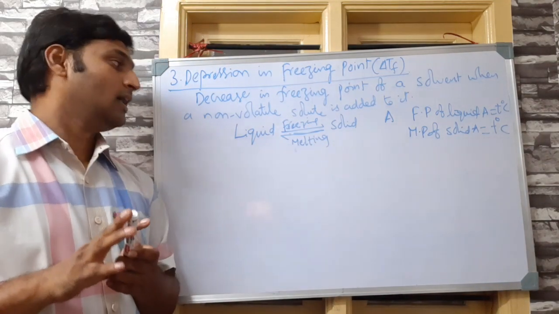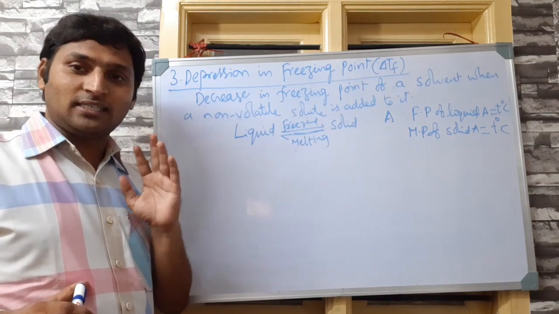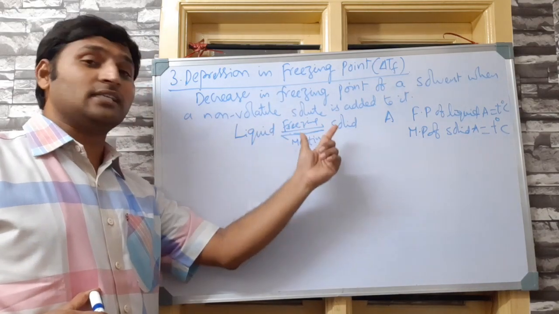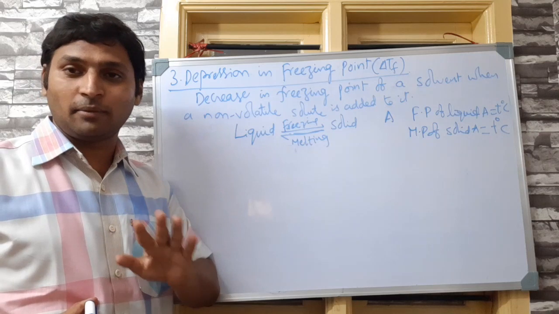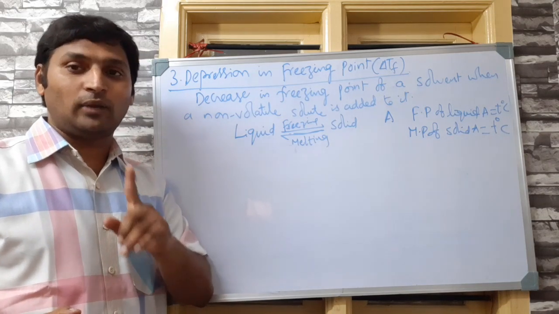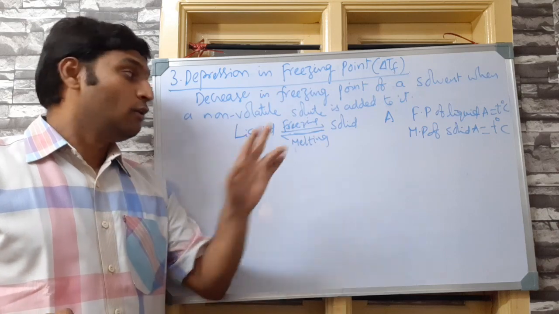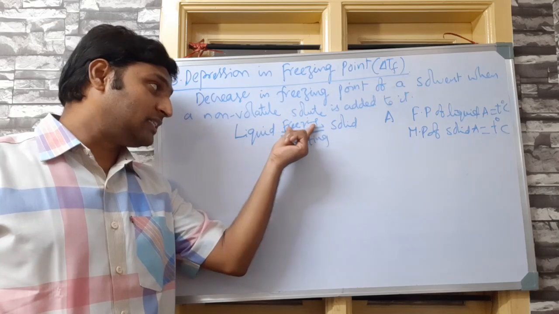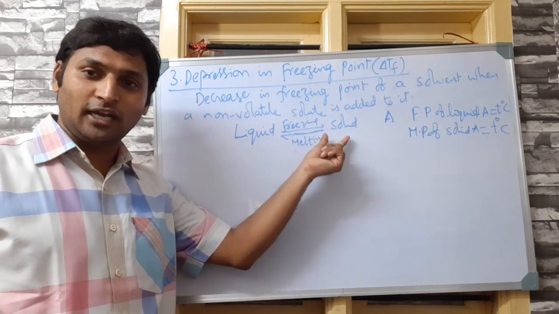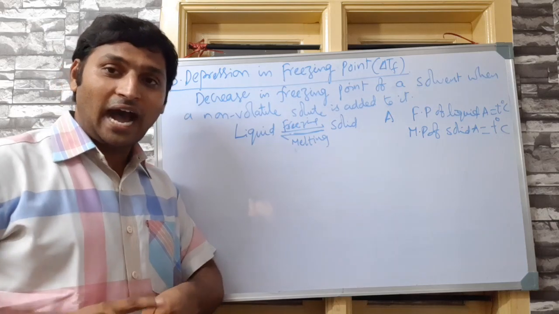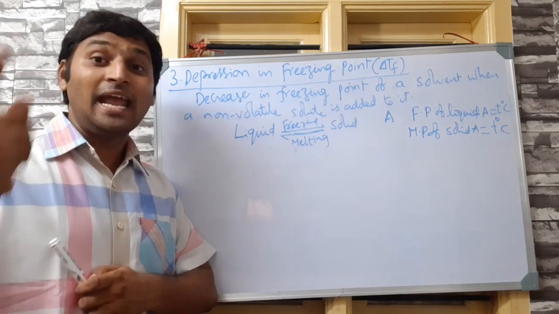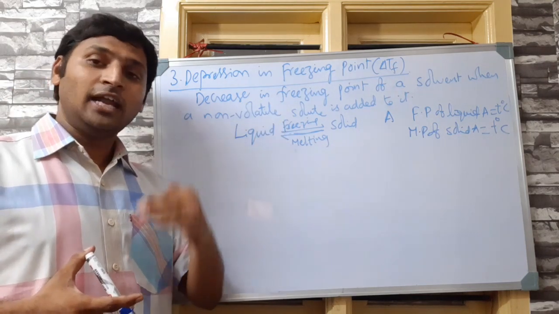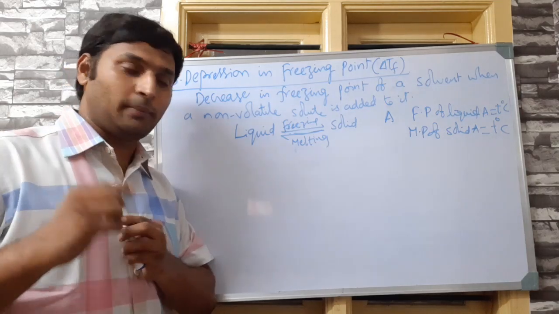Means please understand, freezing or melting points are the temperatures at which liquid and solids coexist. Liquid and solids are at equilibrium. So please remember, freezing point and melting point are equilibrium temperatures, though not boiling point. So at freezing point or at melting point, liquid and solid coexist. Therefore, I can give you a new definition for freezing point in terms of vapor pressure. Now I defined depression in freezing point. Now I am defining freezing point in terms of vapor pressure.